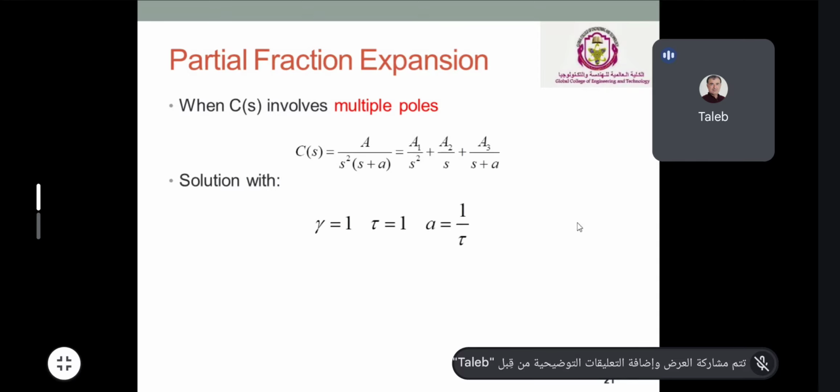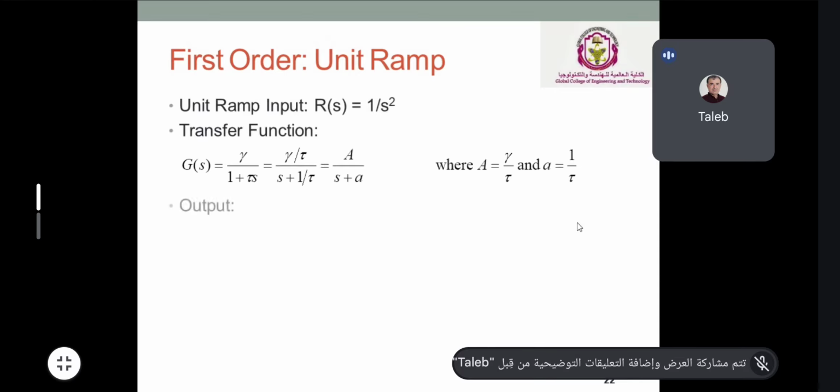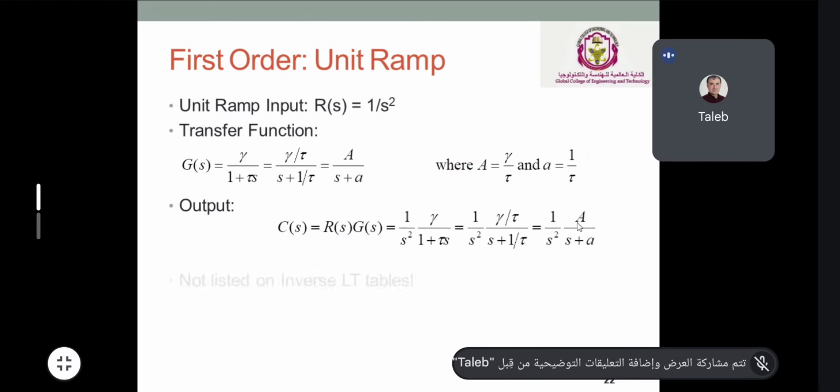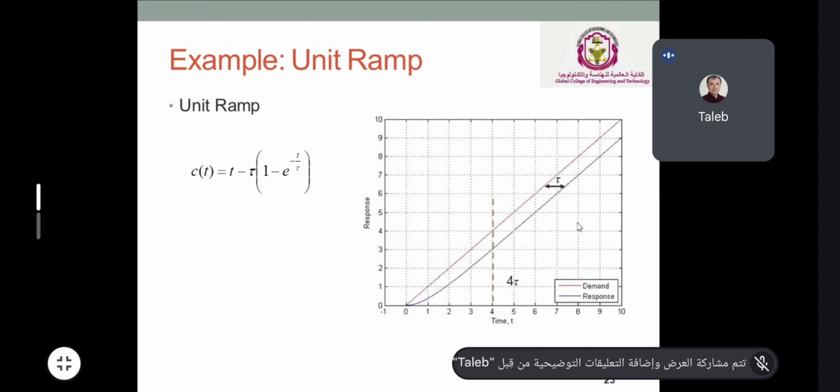So here is some partial fraction expansion to find the output in the time domain. It is the mathematical way of finding the output using the inverse Laplace transform for ramp. How to solve this mathematics, as I mentioned, is not part of this module. This is just for your information. And for the ramp, okay,